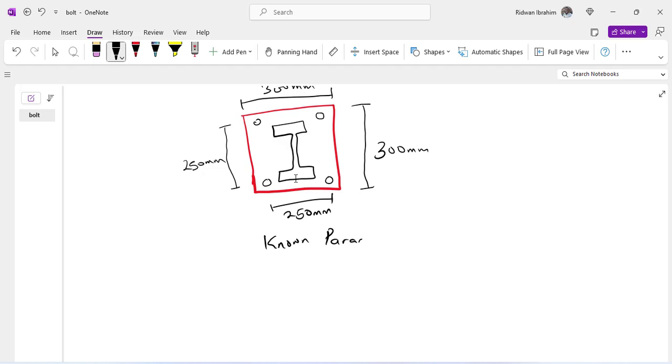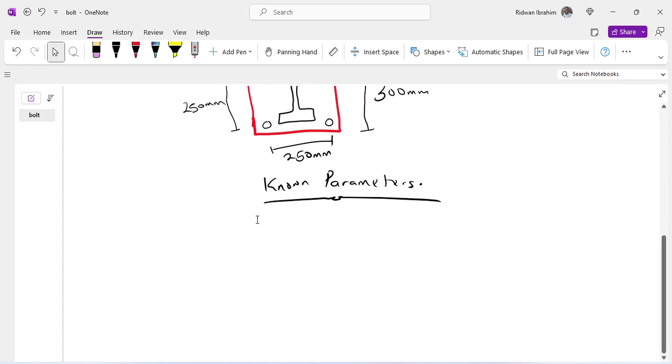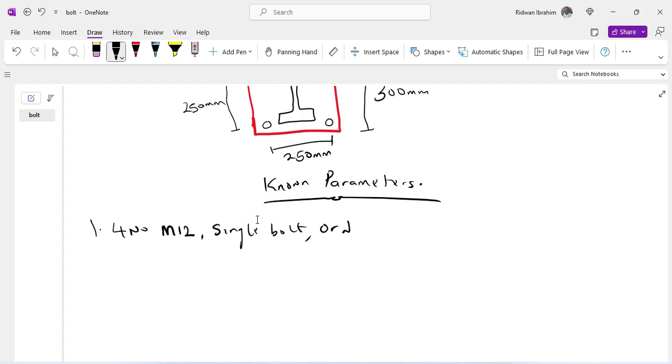So the known parameters are just the parameters that we use in calculation, the ones that we know already. The first one, I will say that we use 4 number bolts, and then let the diameter be 12. So I will say M12, and then it is a single bolt, and then it is ordinary bolts, and then it is